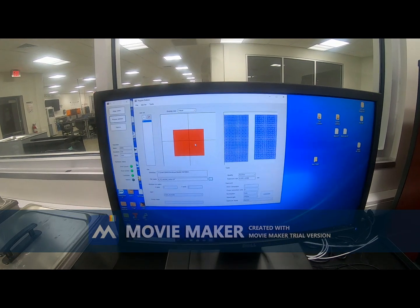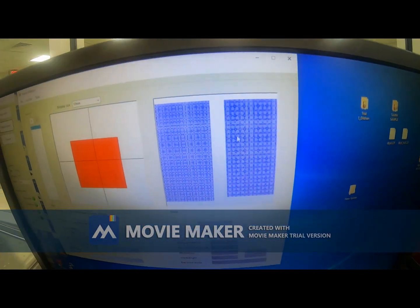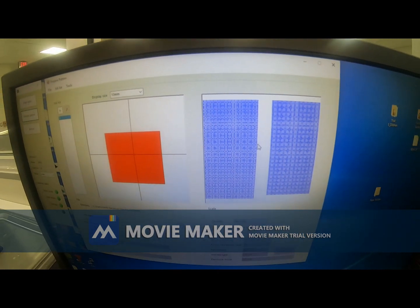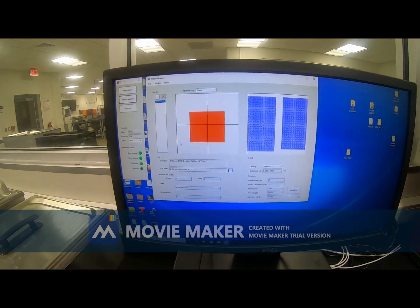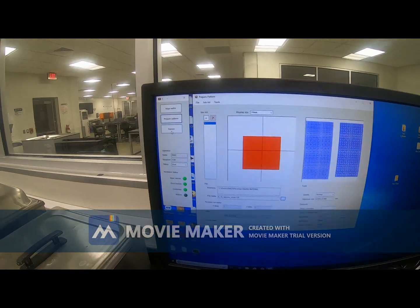Now you can see the design. So the design is actually like this. There are some microstructures. These are 8 by 10 micron circles. So 8 is the diameter, the 10 is the distance between the circles. So after this step, we will go to the expose,